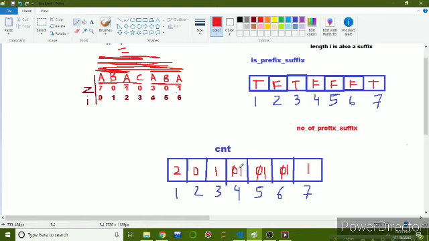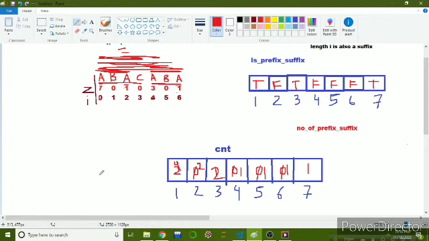So this 1 should be added in this index, so it will be 2, and similar for the rest of the values. So this is like the suffix sum. It will be the value at this index plus the value present in this index. So 0 plus 2, this will be 2, and 2 plus 2, it will be 4.